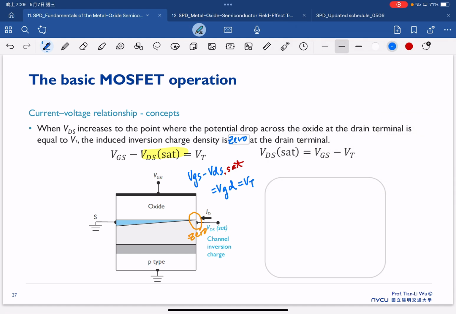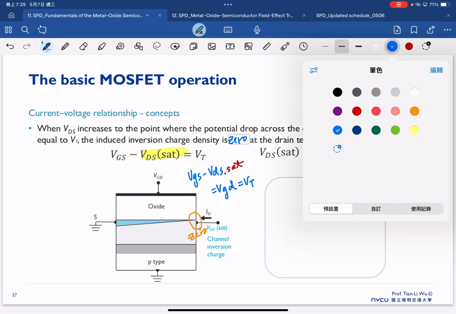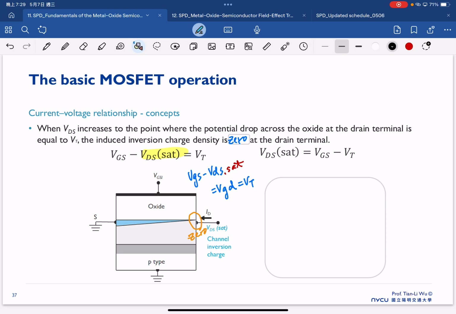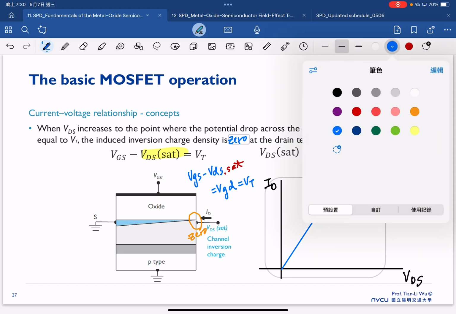At the drain terminal. So therefore, if you look at our ID-VD characteristic, we will start to have this kind of a characteristic where drain current versus VDS, and as already mentioned in the beginning, we have the linear increase, but then we decrease the slope. But at one moment beyond this,